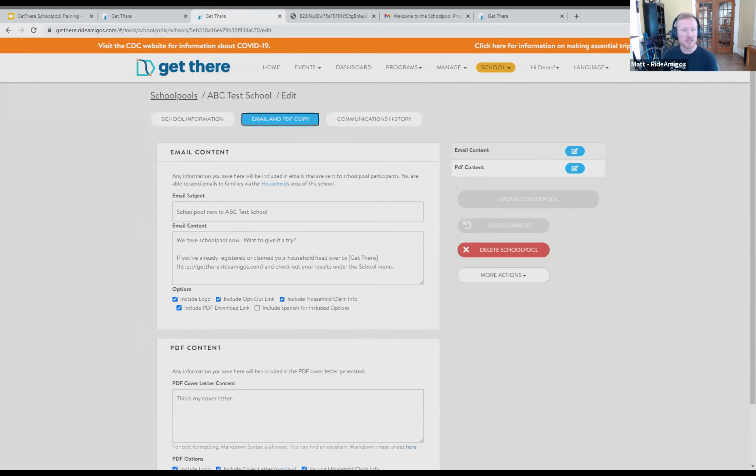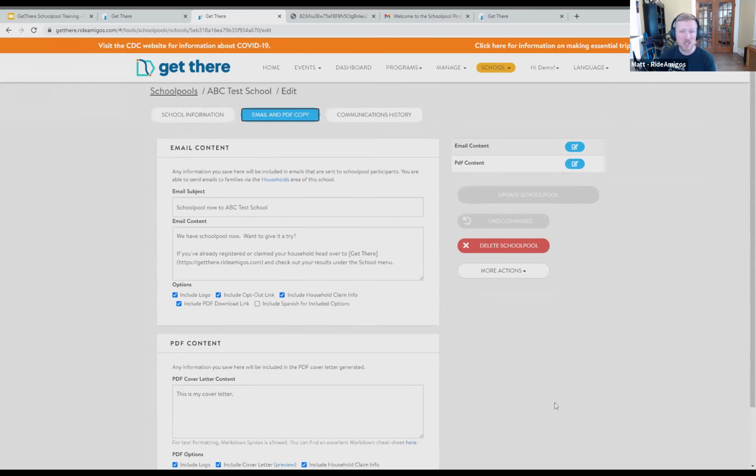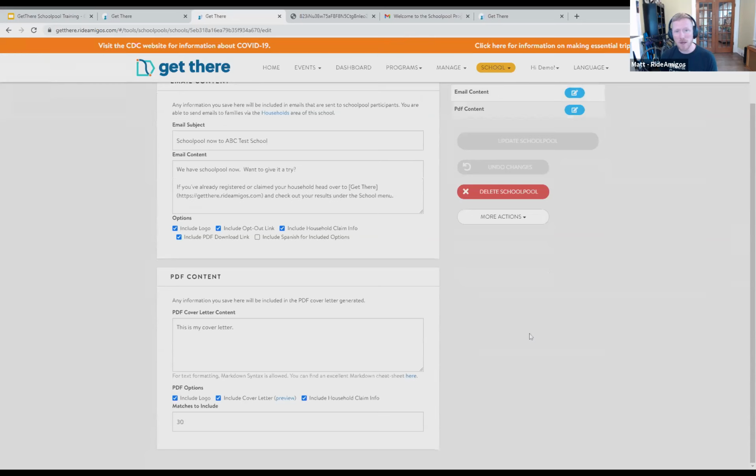Again, the email content here is kind of the template. Anytime you send an email, this will come up automatically. The PDF content is that information that would show up as part of the cover letter whenever you generate a PDF. And you can decide when you're generating that PDF. Does it include a cover letter by default? Are you including information where they could enter in the URL to claim the household online, and how many matches you want to include? If you're especially in a particularly dense area, you may want to include more or less